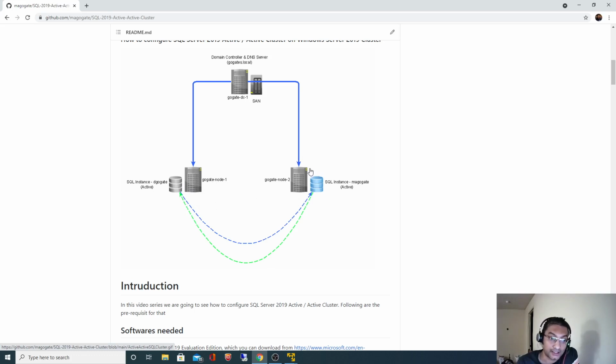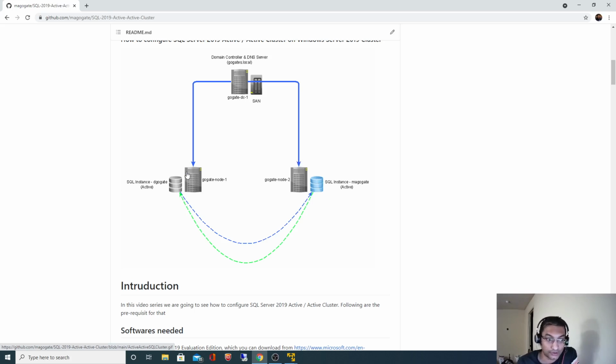After that, we installed a SQL Server cluster instance on Node 2. And since we could not install a default instance, we gave it as a named instance. So we installed that on Node 2, and now we are adding Node 1 as a failover node for the instance which we installed on Node 2.